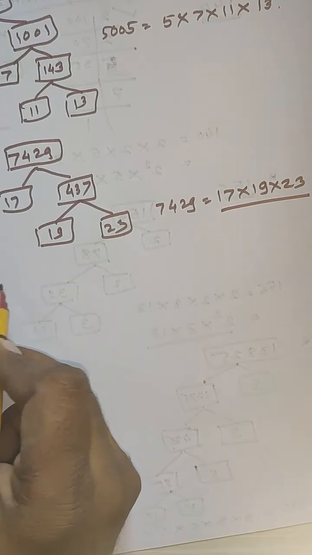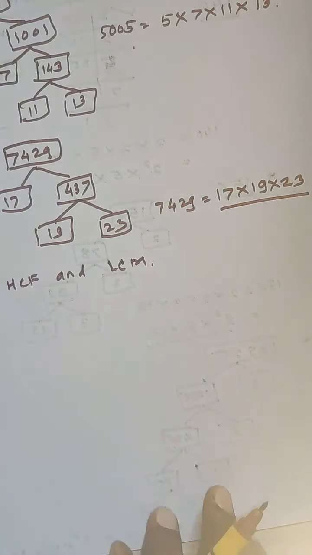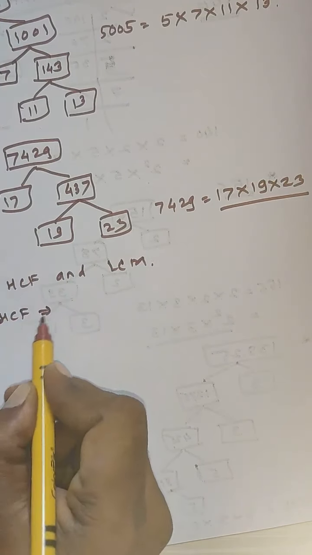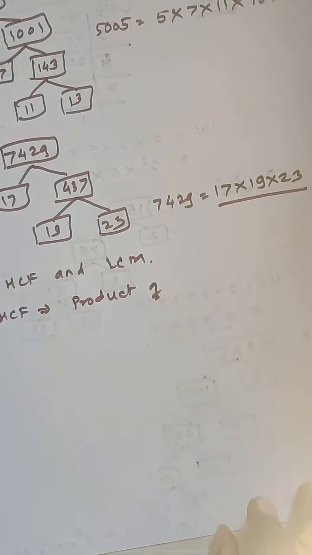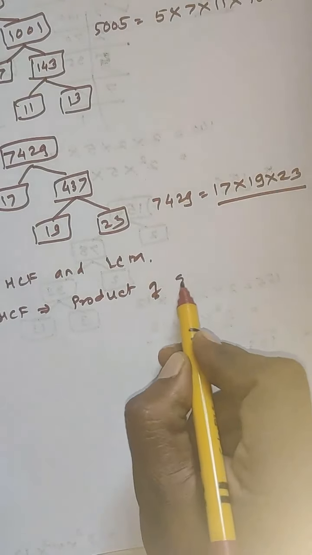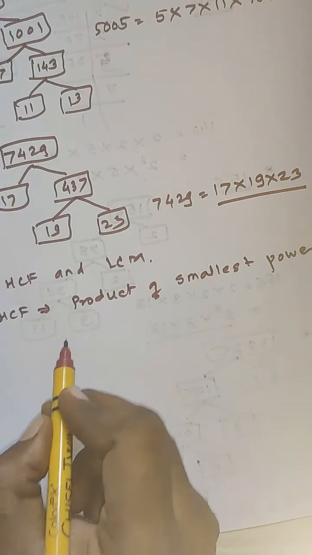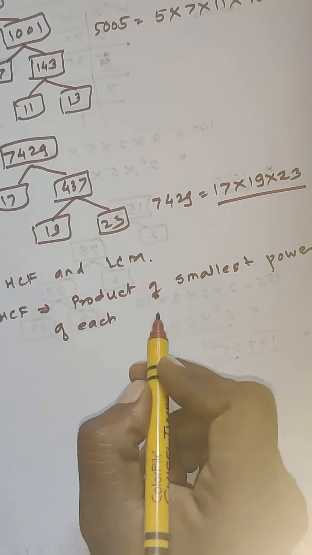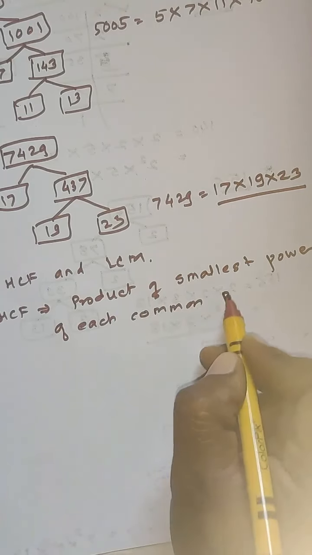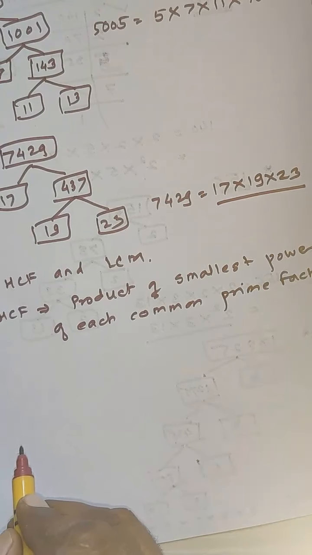For HCF and LCM, we know that HCF is the product of the smallest power of each common prime factor in the numbers,